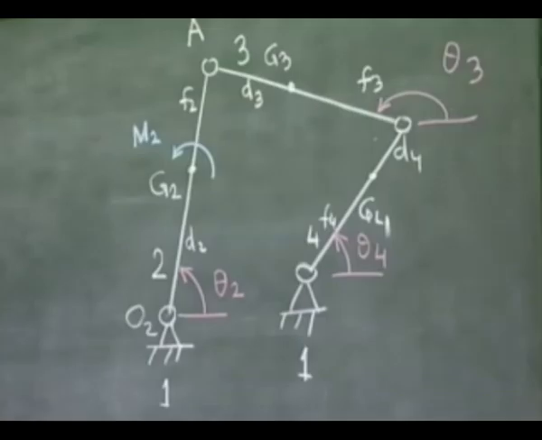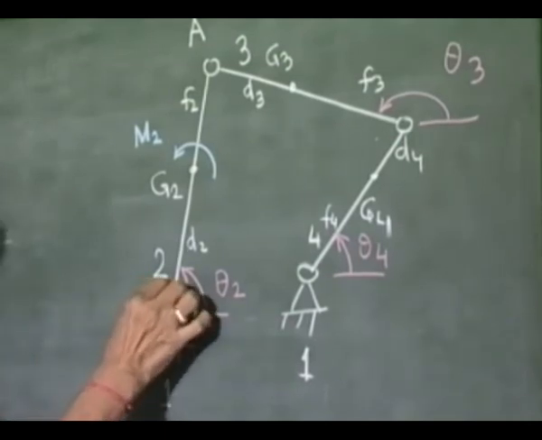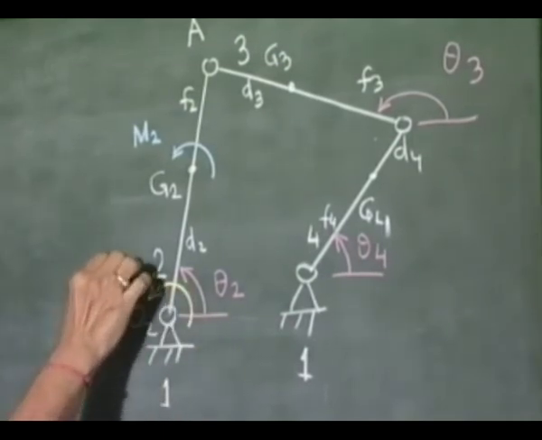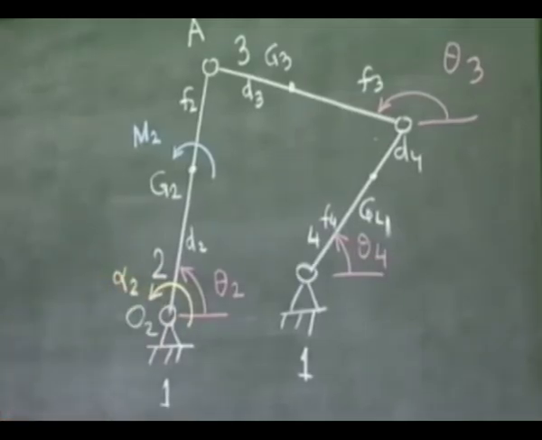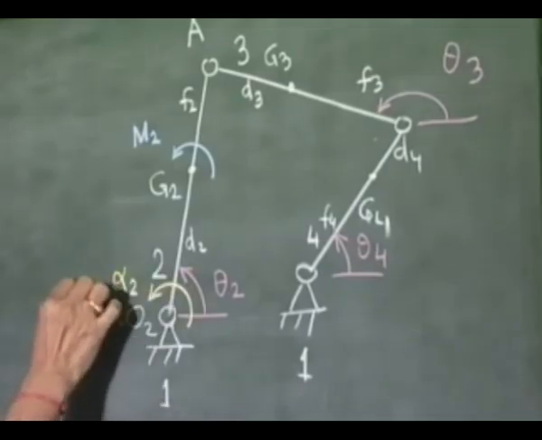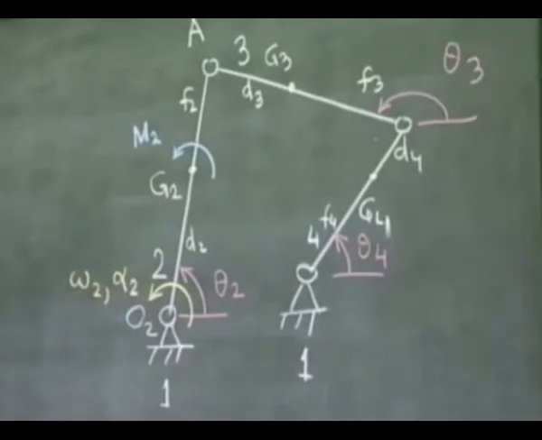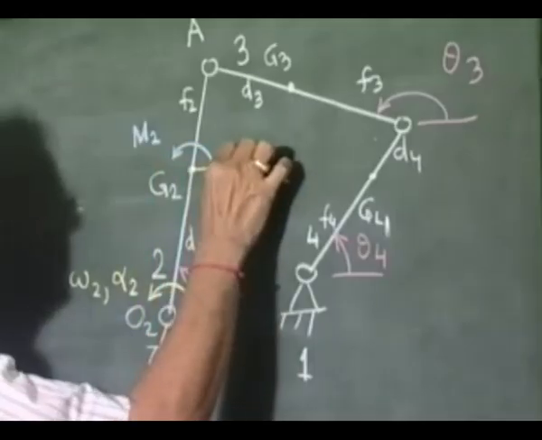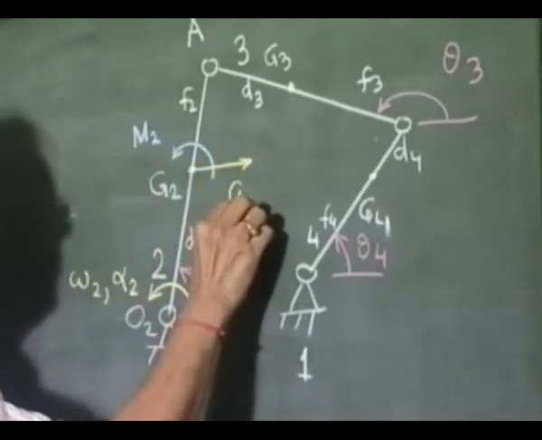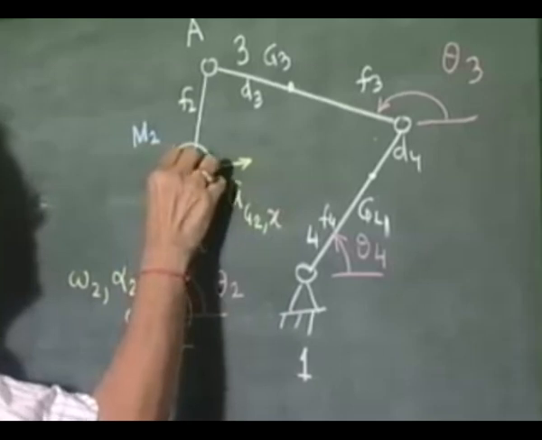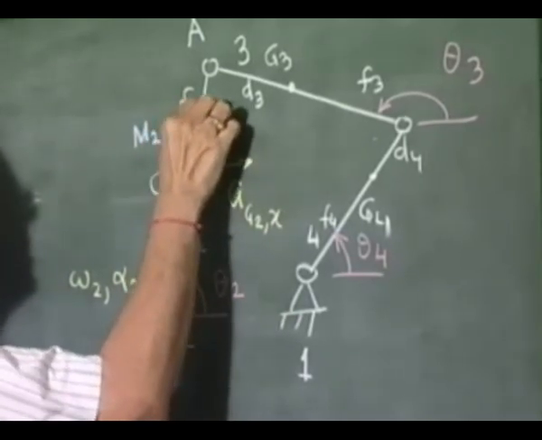We also know, from the previous course on kinematics, that if the angular acceleration of one of the members, say in this case link 2, is given as alpha 2, and its velocity is also prescribed as omega 2, then it is possible for us to find out the acceleration of the various mass centers,